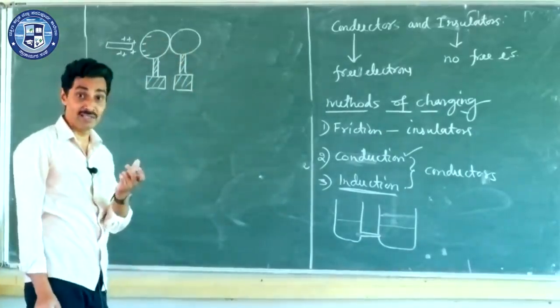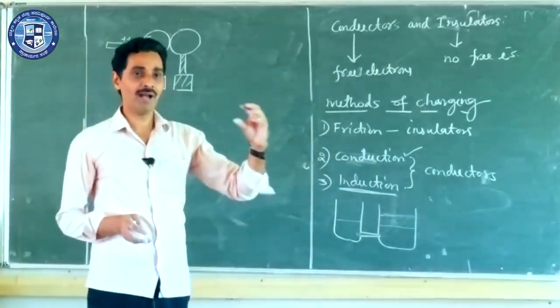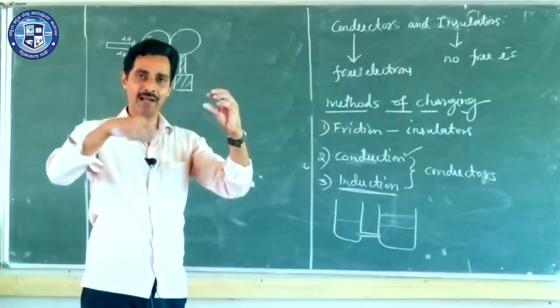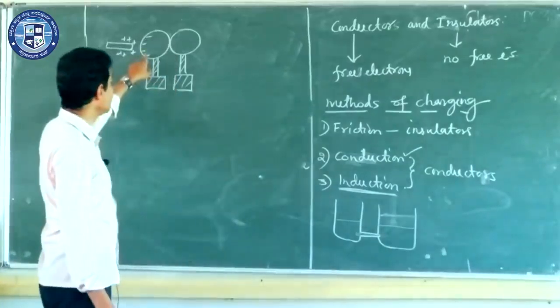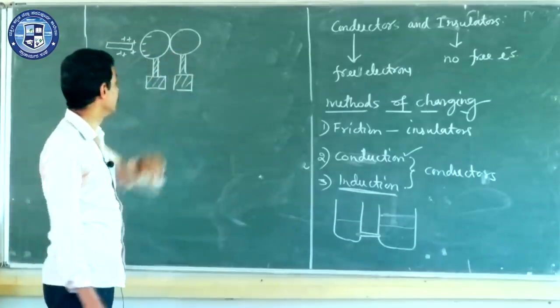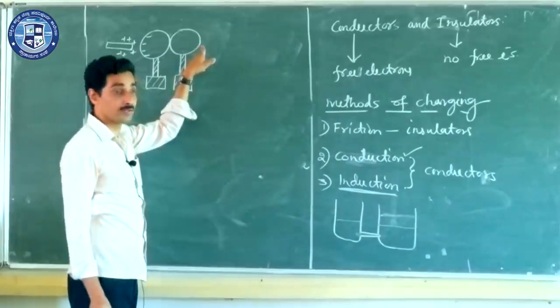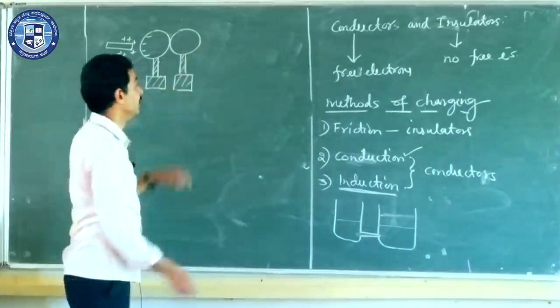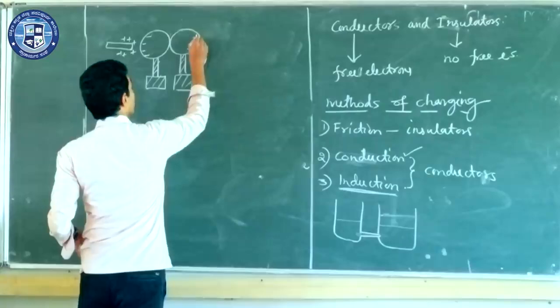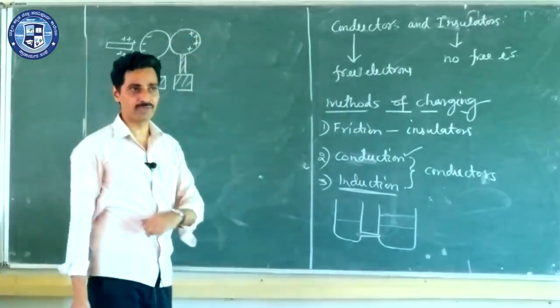So the nearer end is induced with negative charges. You can use this statement: when a charged body is brought near a conductor, the nearer end is induced with the opposite charge. What about the farther end, the other end? These electrons might have lost their place from here. So there is a deficiency of electrons here. So there may be a positive charge here. So the other end is induced with the same type of charge.